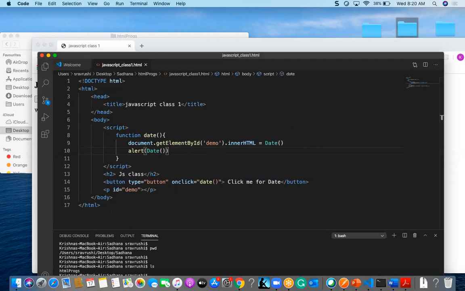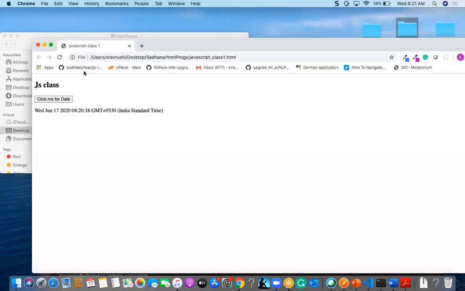If I want to give some inner text or inner HTML, some kind of information other than the date, it goes on my JavaScript page. So it is like this.